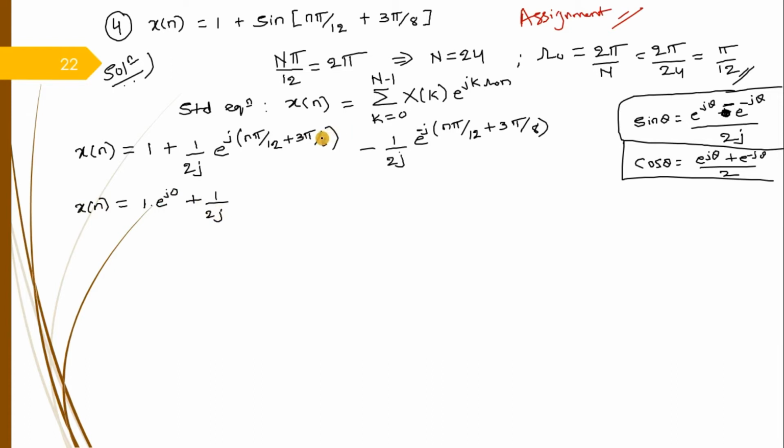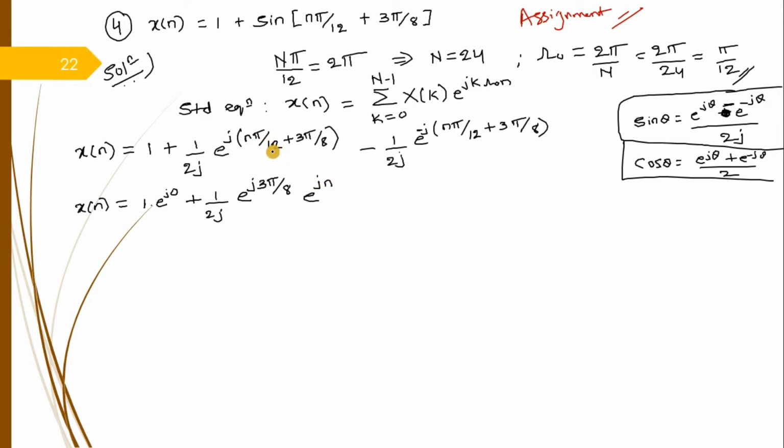So what I do is take the term which is independent of n outside. The term independent of n is e raised to j 3 pi by 8. I take it out. So what is left is e raised to j n